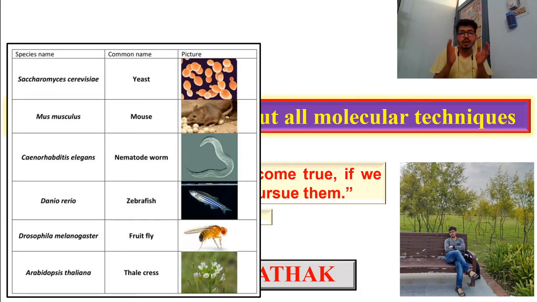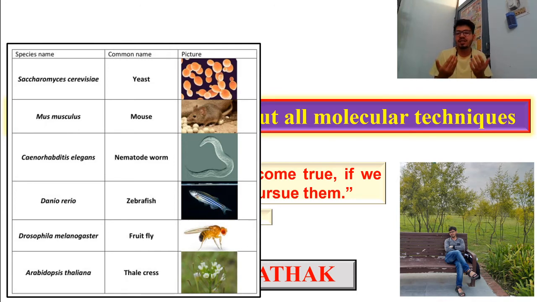the best suited model, along with muscle study and how muscle is functioning, is C. elegans, which is a nematode. For heart disease we are using zebrafish, and fruit fly is very common for studying arthropods. Very important plant-based research is going on in Arabidopsis thaliana. E. coli is not mentioned here; it is of bacterial origin,